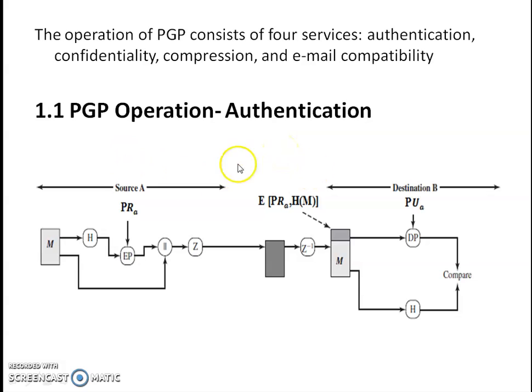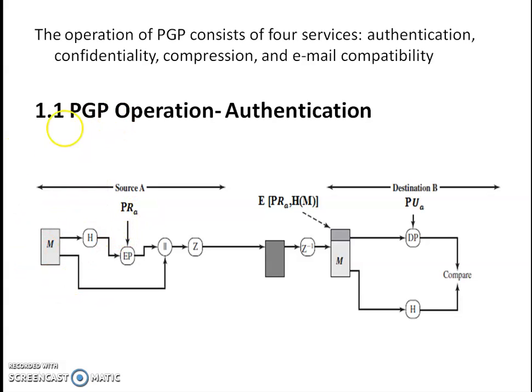So here this diagram shows the authentication only approach. Here we are providing only the authentication, no confidentiality, and no combination of both authentication and confidentiality. Here we have the sender side, here we have the receiver side or the destination side. In the source, the source generates the message, and after generating the message,